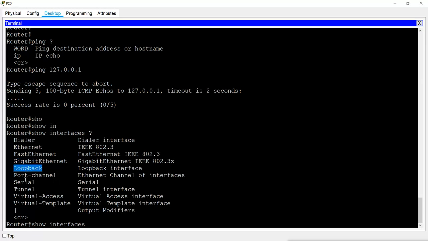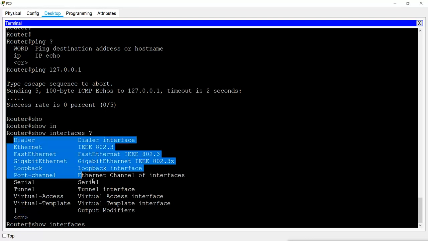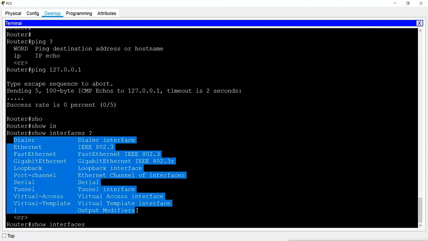Then you have port channels, and this is called EtherChannel. Then you have serial interfaces which are WAN interfaces. You may have tunnel interface, and virtual interfaces also. So you may have all these interfaces, and you can see here carriage return. That means I can give the name of the interface, or I can directly press enter here.